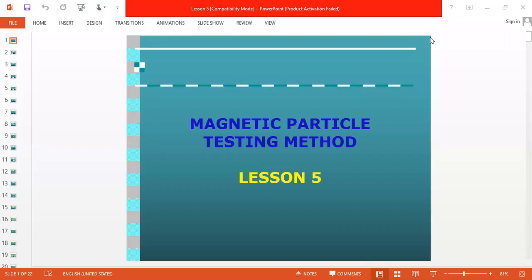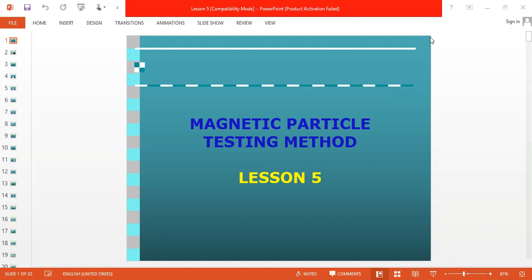The principle of magnetic particle testing: if we apply current to ferromagnetic material, the specimen becomes a magnet, and there is north and south pole formation. If there is any discontinuity, then lines of force come out of the job, and we get dissimilar north and south poles. If we apply iron particles there, we will get an indication on the surface of the job. So that is the principle of magnetic particle testing.